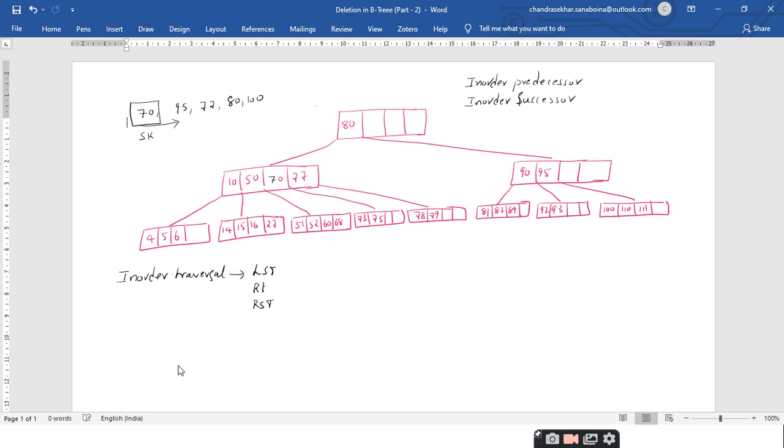Right. So if you go according to these instructions and according to the definition of BST, what are all the elements towards the left hand side of the root node? Are they less than or greater than? Less than, sir. These are less than. What about the elements towards the right hand side of BST? Greater than or equal to.